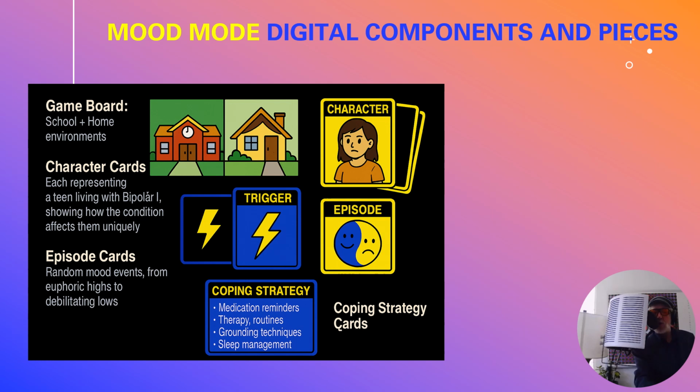Mood Mode episode cards, random mood events from euphoric highs to debilitating lows. Mood Mode coping strategy cards: medication reminders, therapy routines, grounding techniques, sleep management, etc. Also included are the Mood Mode tracker, notepad, dice, and player tokens.